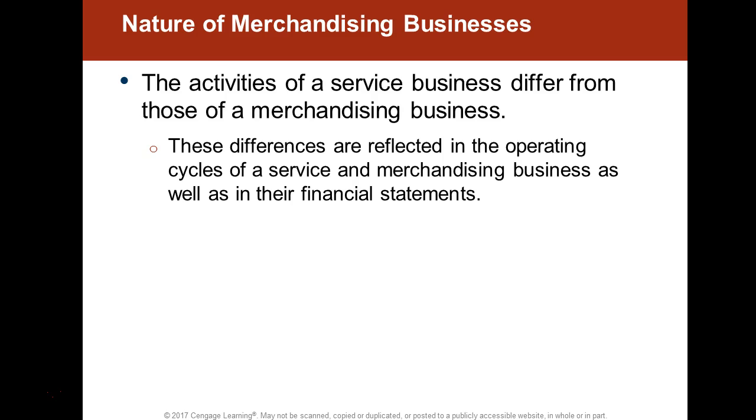In the case of Target, Target would go to different wholesalers of products and line their shelves with their products, including clothing. It could be detergent or household goods. It could be electronics, etc. So they're selling products that have already been manufactured, and so there's no process of that have to be done. What they're doing is reselling it to you and me.